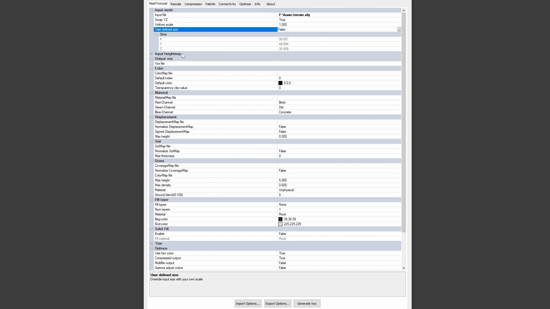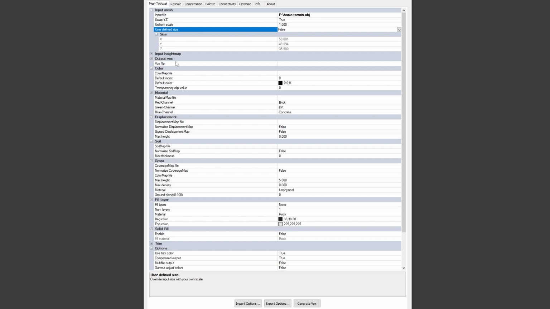Next, we have an input height map, and we are not going to look at that today, but VoxTool can work with a height map instead of a mesh to create terrains. And the benefit of VoxTool over the ground.lua Vox script that we've used to create terrains previously is that it can read 16-bit PNG files. So you get much smoother gradations across your terrain. For example, if you want to make a terrain that is taller than 256 voxels.